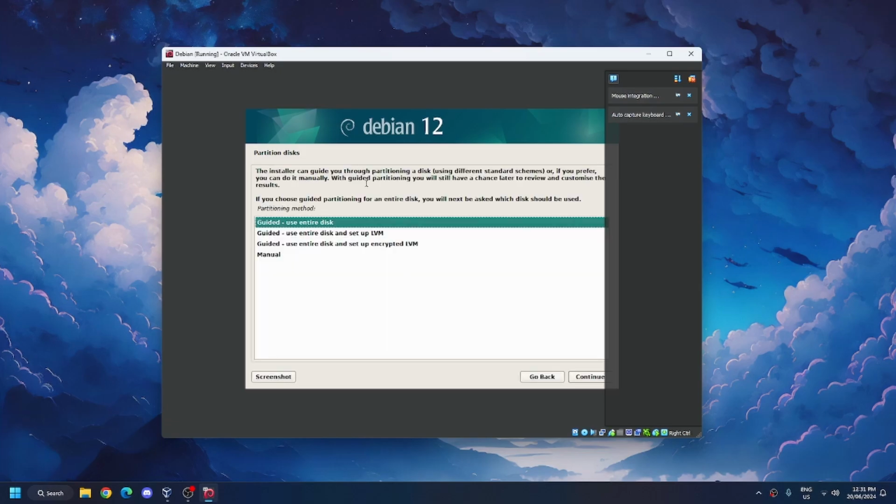Oh, never mind. It's faster than I thought. Anyways, now this is where you partition your disks. You can use guided, use entire disk. If you're doing this on a PC and you want to switch over to a Linux permanently, this is the